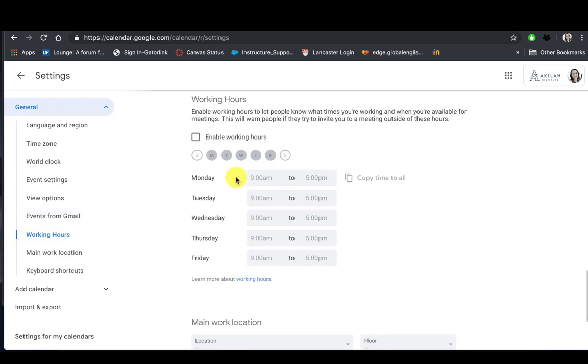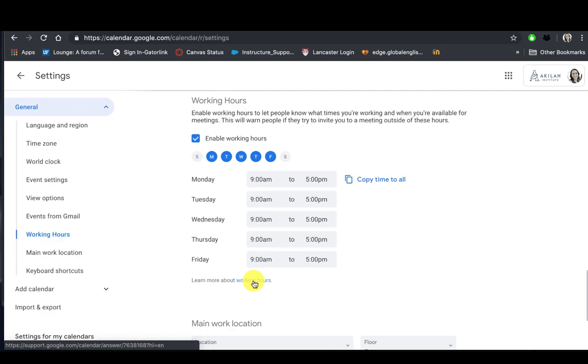Another important feature is working hours. Working hours allow people to know when you're working and when you're available for meetings. If you want to enable working hours, click here. You want to set the days that you're working and then type in the working hours. If you want to learn more, you can click here. Automatically, everything is saved so you don't have to click anything, and when you're done in your settings, you can